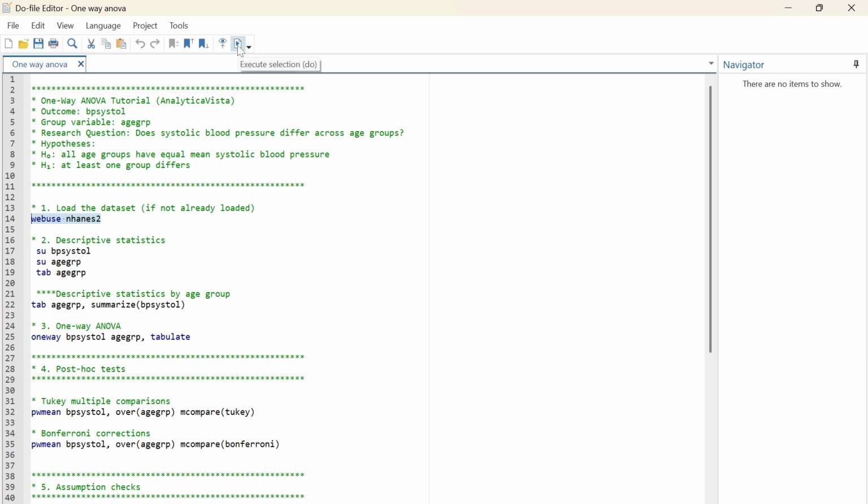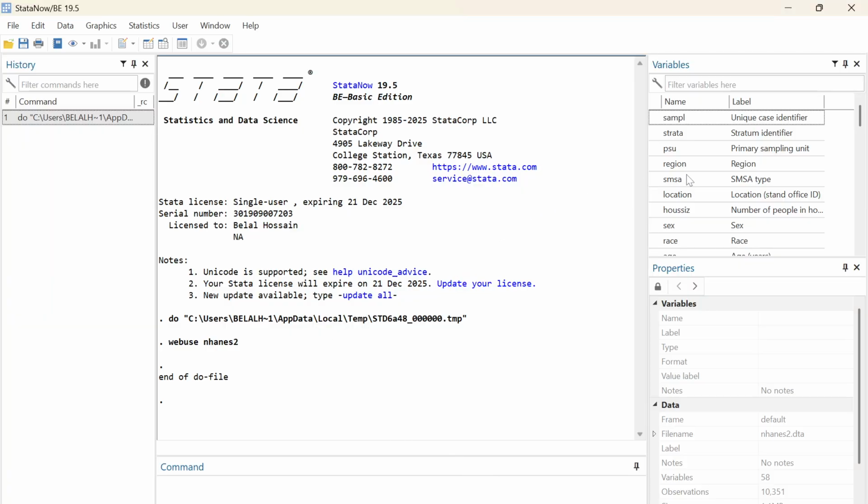So I'm using public health data which is available online. I use the wave views and the name of the data set and then execute selection, or you can also use the Stata command window for doing this. So I'm going to use this Stata do file. So execute selection, and then you see all the variables are loaded here, and we're going to use two